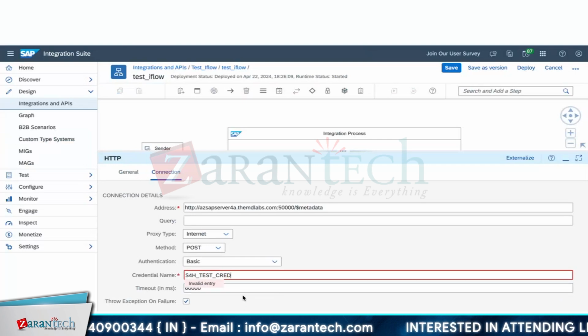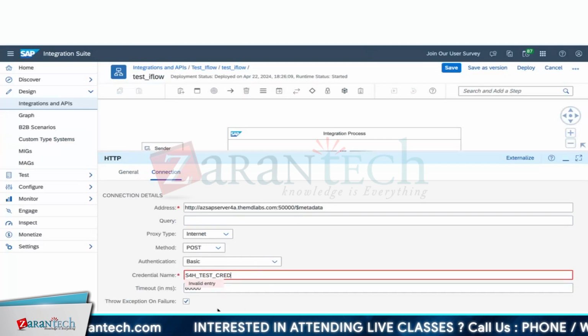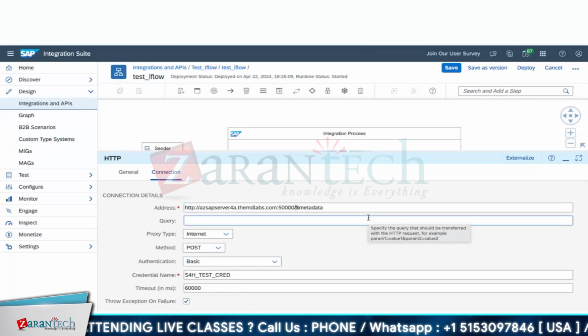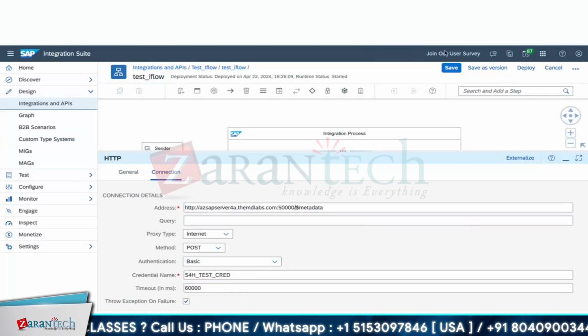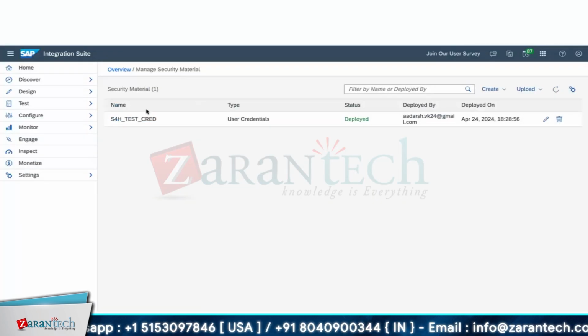I'm putting that if there is any failure, just show that exception. Otherwise, we are good. In this one, I need to put which API I'm going to call. So I just put metadata, but I need to give the correct API name.